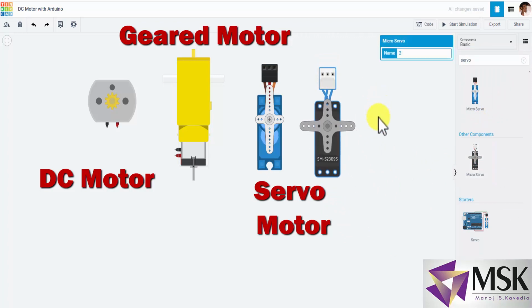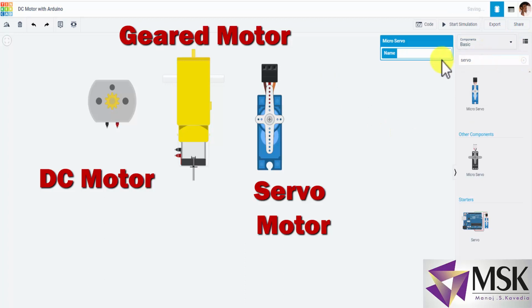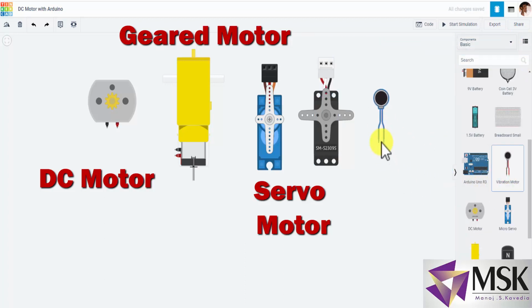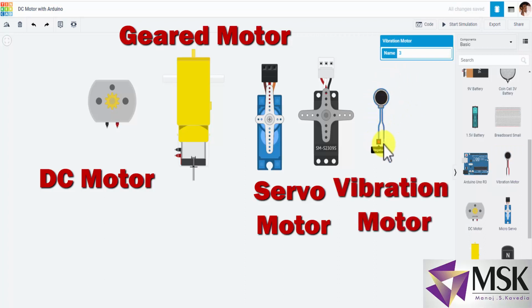Now the speciality of this motor is the angular movement, like angle can be controlled. Suppose I have to rotate a motor from 0 to 90 degrees, it can be very easily controlled in servo motors. They are controlled motors. We'll see more details in my lecture on servo motors. And the last motor is vibration motor. These motors are available in cell phones, which is used to generate vibration. So these are the different types of motors which are available with Arduino.